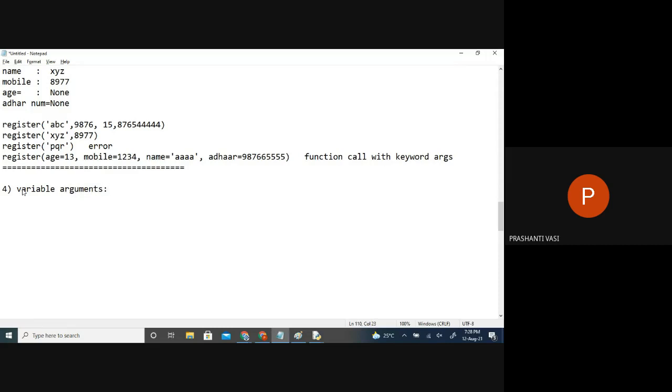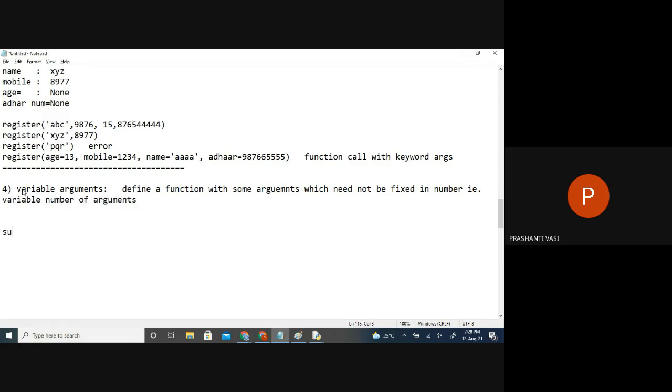The next one is variable arguments. It means we want to define a function with some arguments which need not be fixed in number. It should be a variable number of arguments.